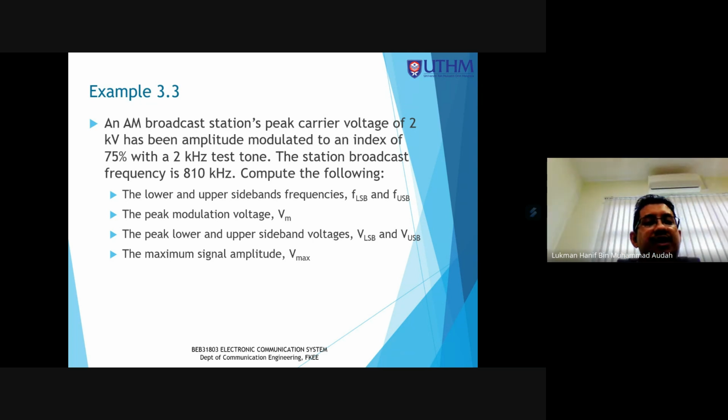An AM broadcast, where the term AM here refers to double sideband full carrier, has a peak carrier voltage of 2000 volt. That means VC is equal to 2000 volt. And then what? This carrier has been amplitude